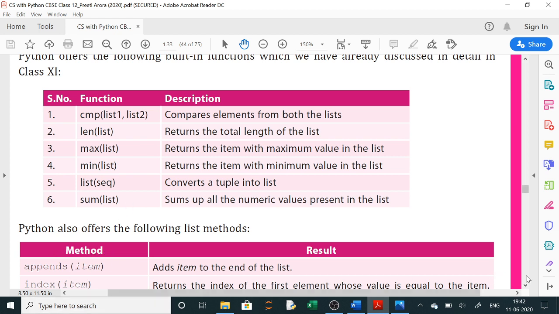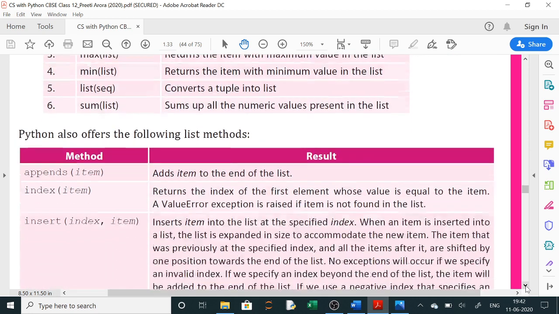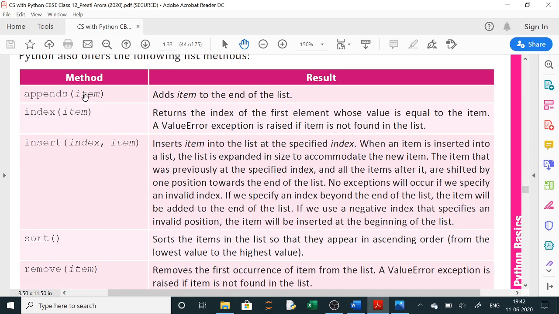Now method, we will use this method. Append is used to add any item at the end of the list. This is very important because in stacks and queues we will use append to add any item at the end of the list. Index will return the index position of any item. Normally it returns the index of the first element whose value is equal to the item. Suppose in the list many are having this item, suppose 5 I have given and in the list all are 5, then it will return the first element's index, that is 0 it will return.